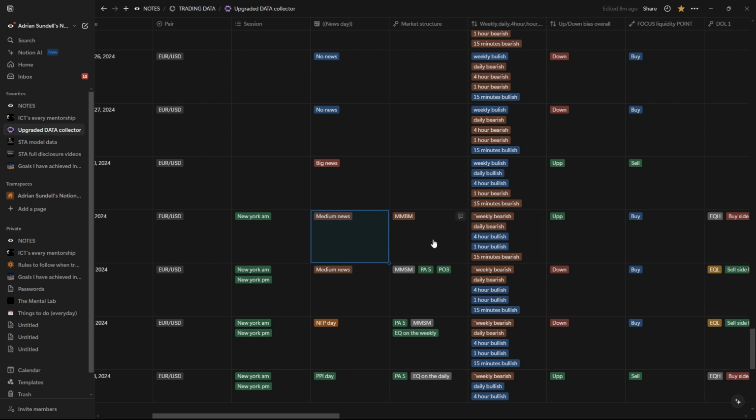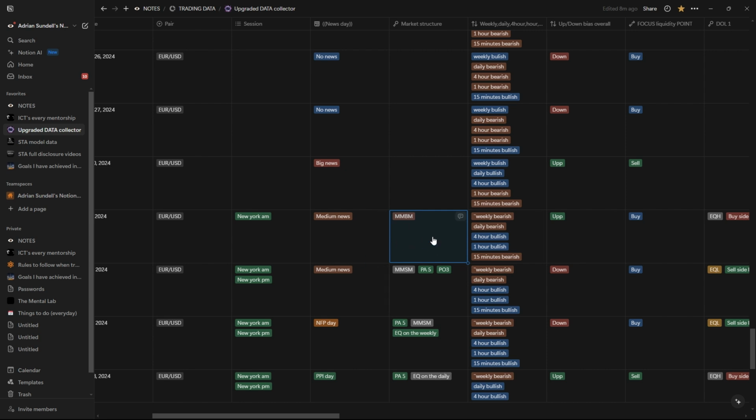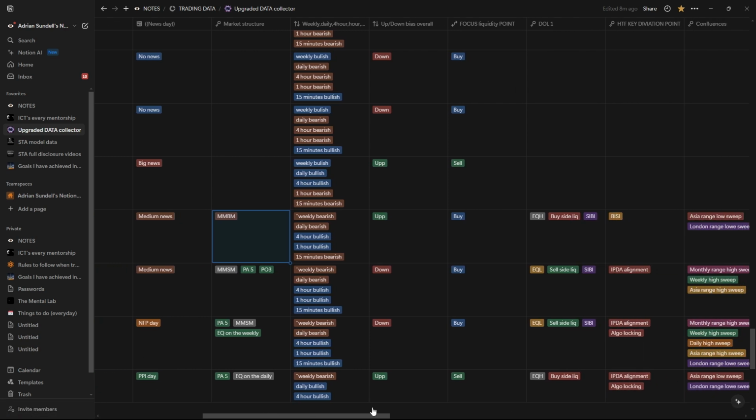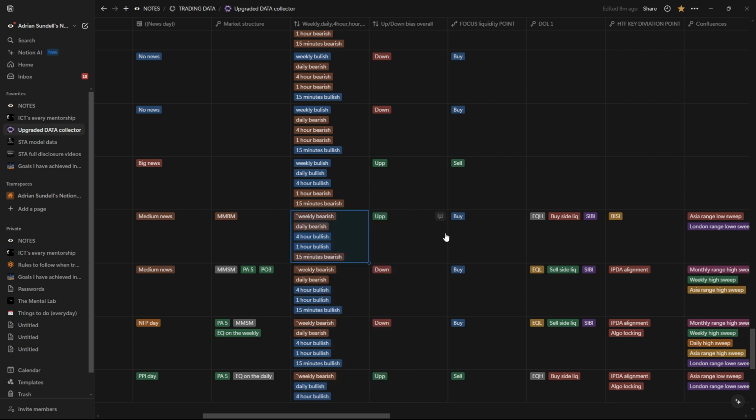Market structure can be any of the price action models, but it can also be a model playing out on a higher time frame, specifically an IPDA program. You guys don't know what an IPDA program is. However, market maker buy model and market maker sell model are IPDA programs, by the way. Then we added in the bias, and this is the institutional order flow on every given time frame. We have the weekly institutional order flow, which for that given week was bearish. For that given day, it was bearish. That given 4 hour was bullish, the 1 hour bullish, and the 15-minute bearish institutional order flow.